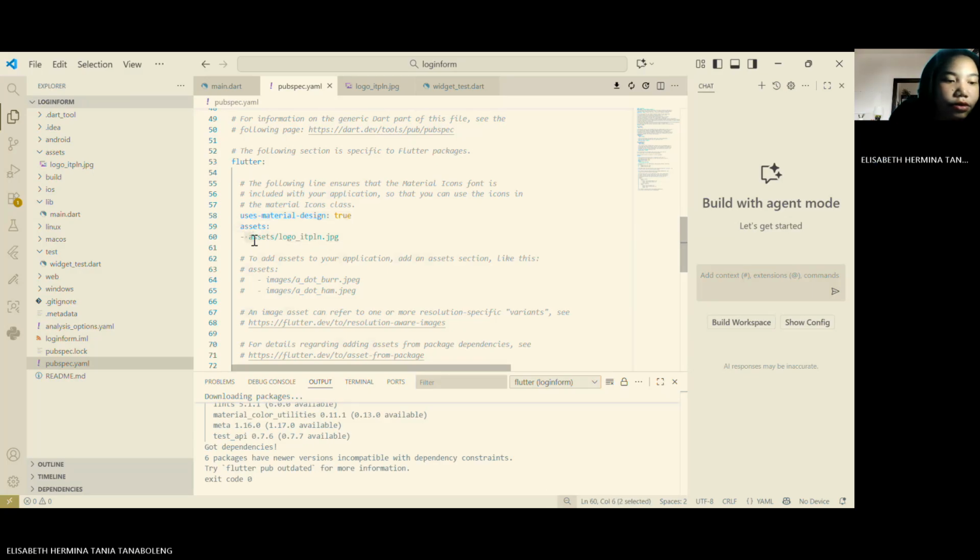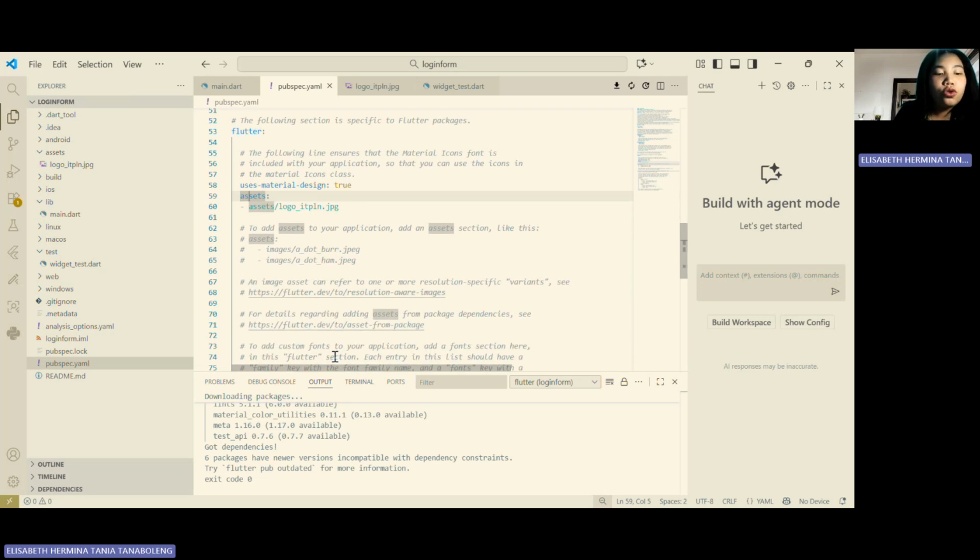Assets is where you declare the image, video, or sound files you want to display in your app. In your example, there's one image, asset/logo ETPLN JPG, which means the logo file should be located in the asset folder within your project.